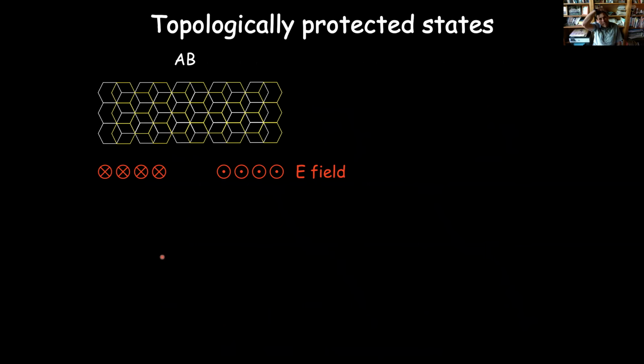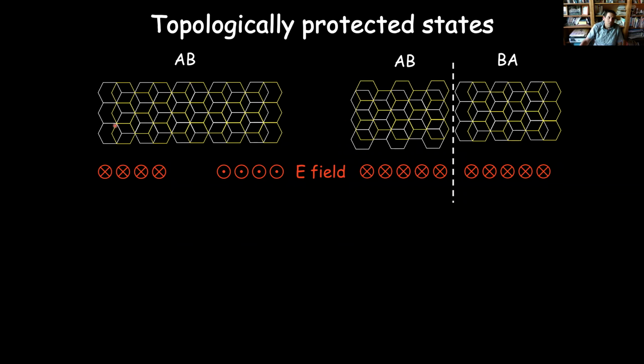And what this means is we can play around with the electric field configuration to make interesting topologically protected states in this structure. So imagine you have a Bernal stacked AB type graphene, and we can modulate our electric field from in plane to out, so vertically up to vertically down. Well, somewhere in the middle, the electric field has to go to 0. And so that means that we have band gaps on either side. At the 0 line, it would be conducting.